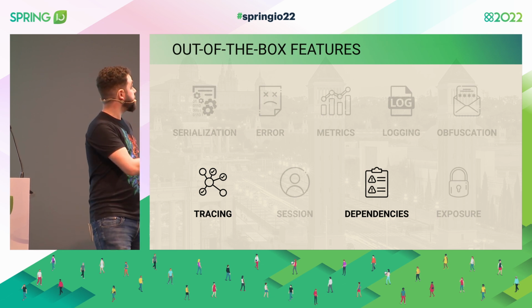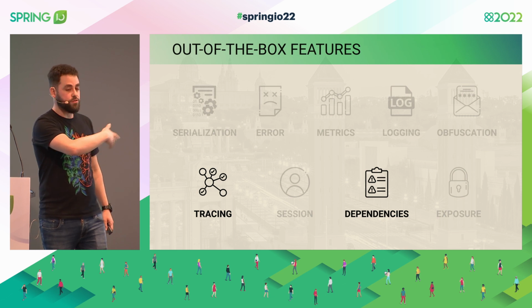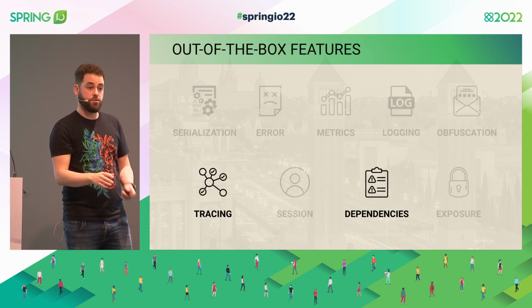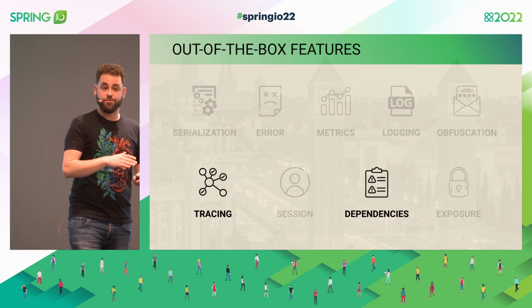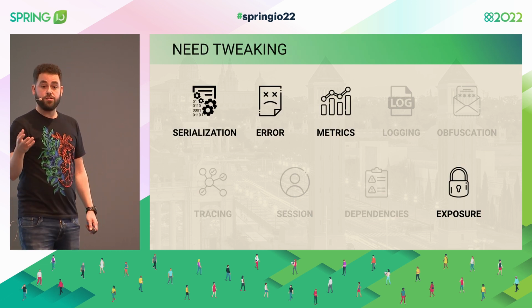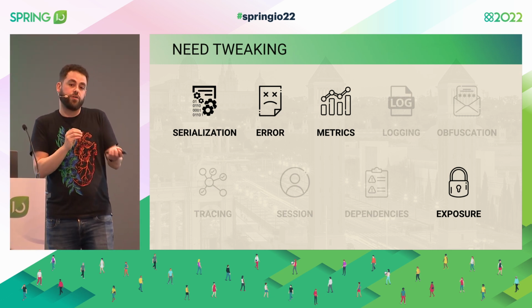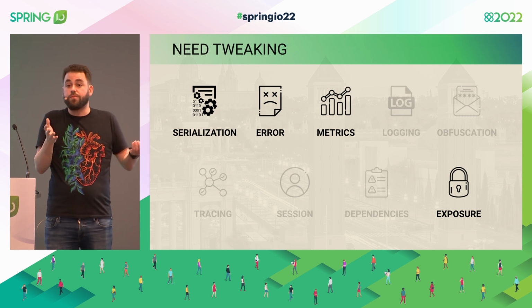On one hand, we have things that are just provided there out of the box. It means that there's already a third-party library, Spring, or whatever, that just does the thing for us. So we don't have to care about doing it. We just have to use it. On the other hand, we might have some things that need some tweaking. So still are provided for us out of the box, but maybe the defaults that they come with are not good for us, because our company has other opinions.